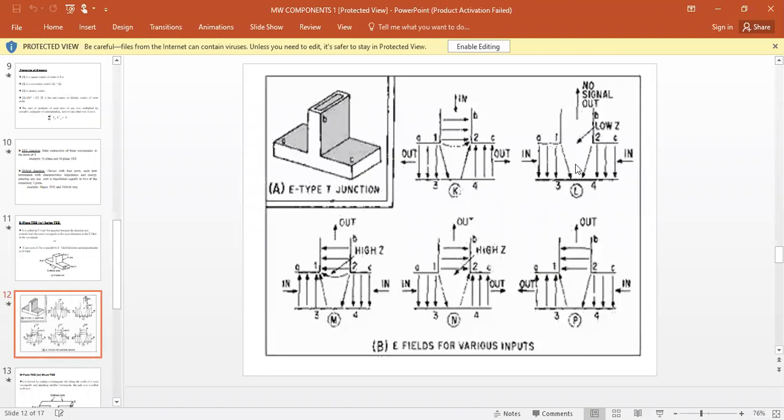Whenever it enters into the arm, it will enter from both sides, into ports 3 and 4, and then it leaves with no signal output, as both will be cancelled across that particular signal. And coming to the power input, the output power will be obtained here. Power will be entering in one direction and it will be distributed equally to the other two directions.